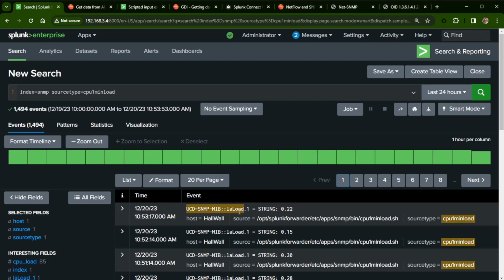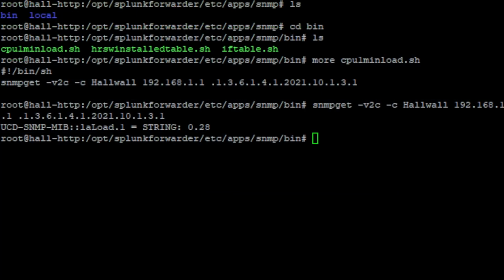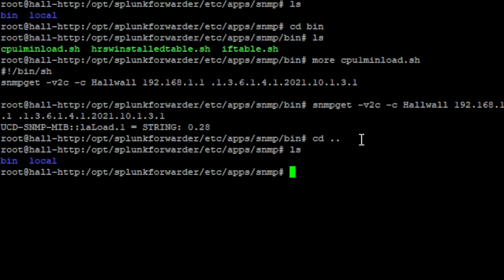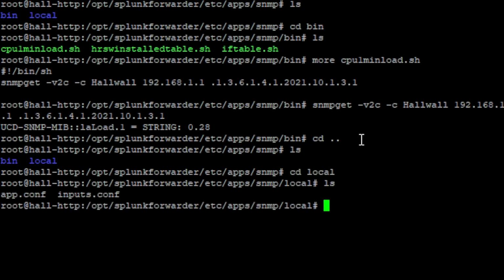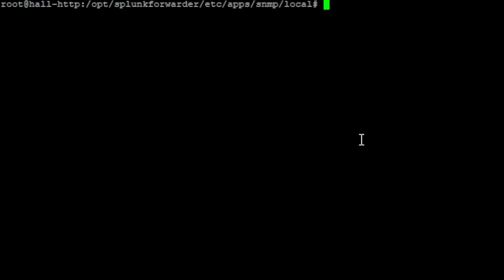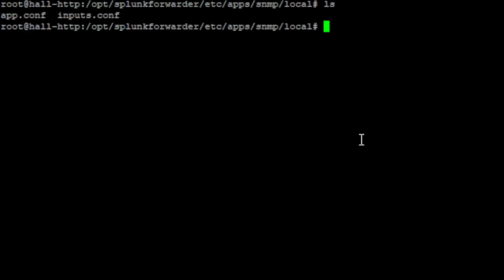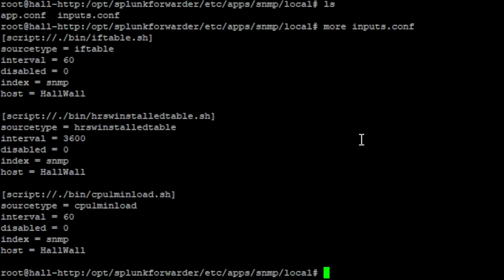Now going back over to the Ubuntu box, if I back up and go back into that local folder, cd local, and I'm going to do a clear and then another ls. You can see I have the app.conf to enable this app and inputs.conf. So I'll do a more on the inputs.conf. And this is where I was talking about earlier